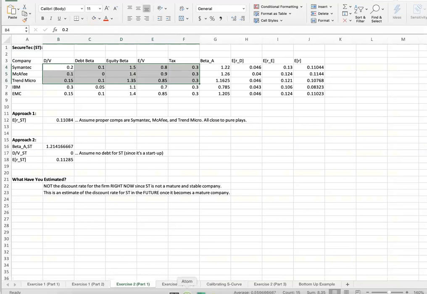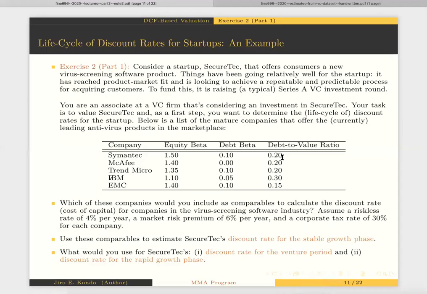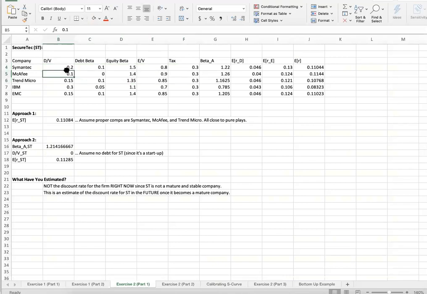Sorry, just give me 1 second here. Okay, so the numbers in the spreadsheet don't perfectly coincide with the numbers in this table. So I've got 20, 20, 20. And meanwhile, in my spreadsheet, I have 20, 10, and 15. So I'll just adjust this to the numbers that we have in the slide. So 20, 20, 20. Right. I think I just neglected to make the required changes to the D over V for these companies when I was typing up the numbers for my slides in the table. But if it was 20, 20, 20,